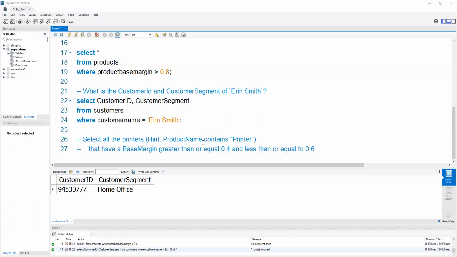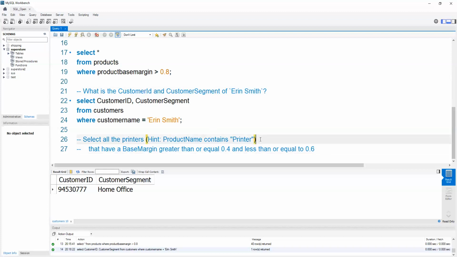Now, the key of this example is that our product name contains the word printer. Unlike before, where we know that the name of the customer is exactly Aaron Smith,